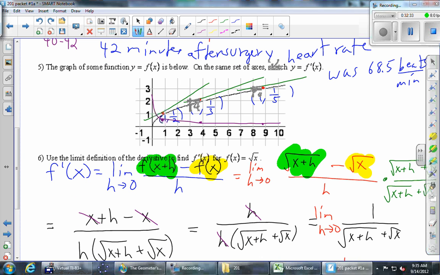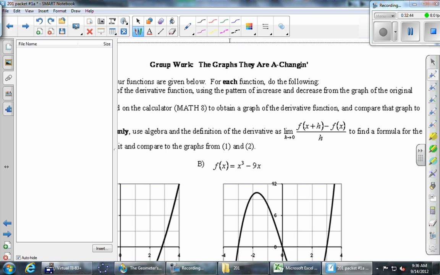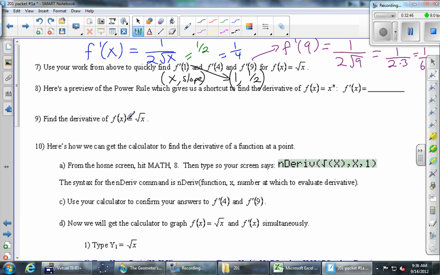1 comma 1/2. Now you might think that I was cheating and using that rule, and I wasn't, because look, 1/3 was my next guess, 1/5. But anyway, it should be something close to those numbers, right? The next point that we found was 4 comma 1/4, and then finally 9 comma 1/6. So those are 3 points that are exactly on the derivative. We should have found something near that by just estimating slopes of tangent lines.